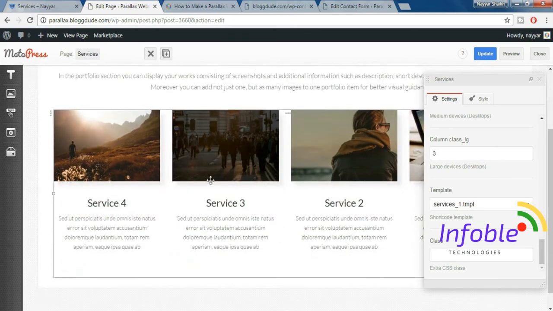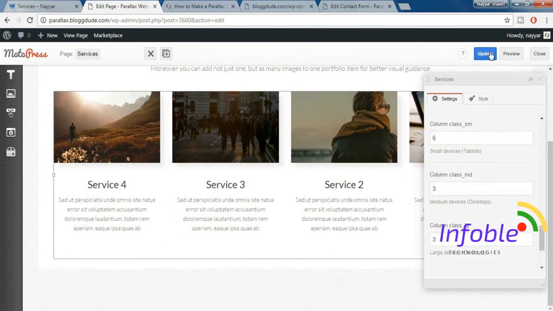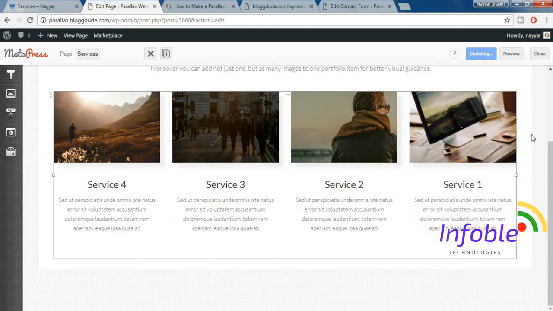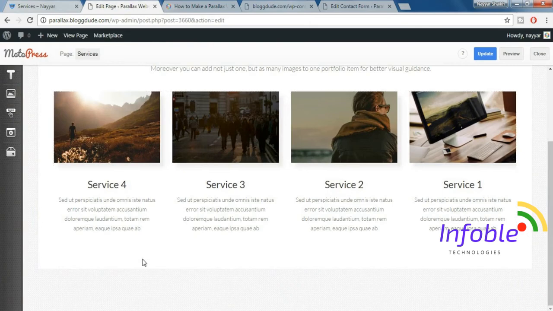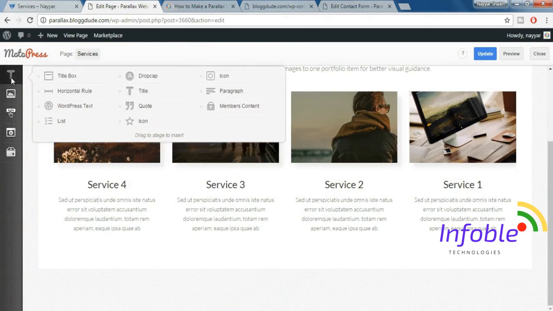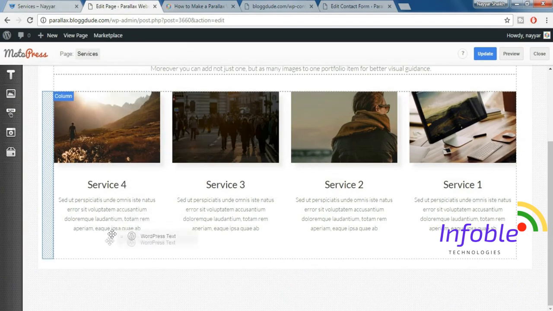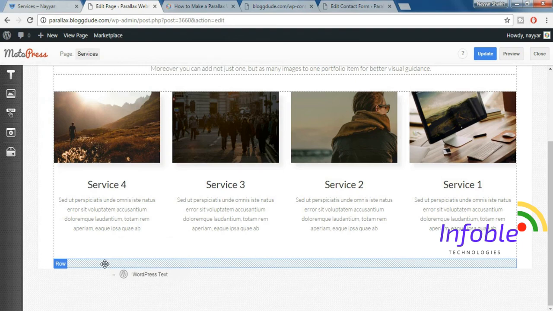Fine, so as you can see now this looks very much familiar. Now click on update, cut this, and after that we have a parallax image with some icons on it. So let's put that. Come back over here, hover text, select WordPress text, drag it over here,